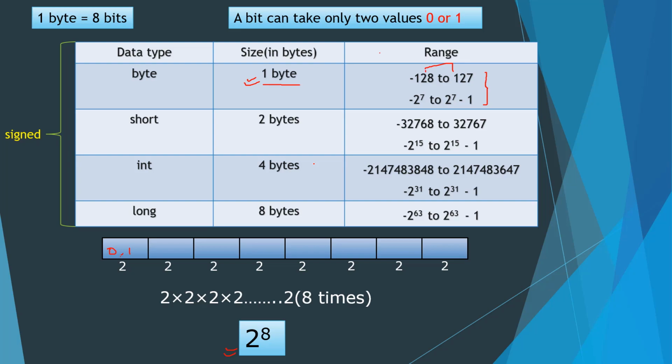I don't think you understand it completely, so let me just repeat what I told. Every number in memory will be stored in the form of bits. For example, this byte is a 1 byte size, and as 1 byte equals 8 bits, it will be broken down into 8 bits. So the number will be stored in the form of bits, and a bit can take only two